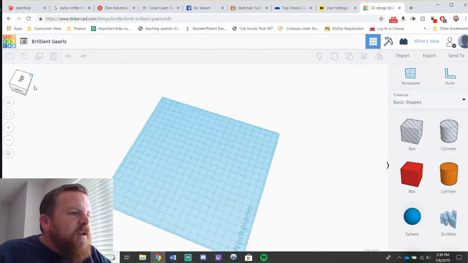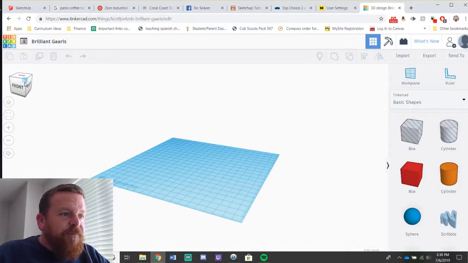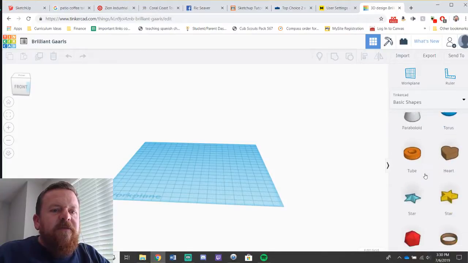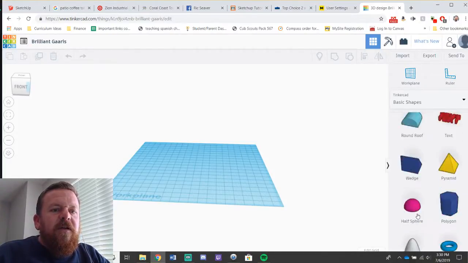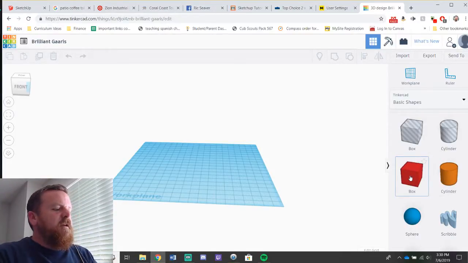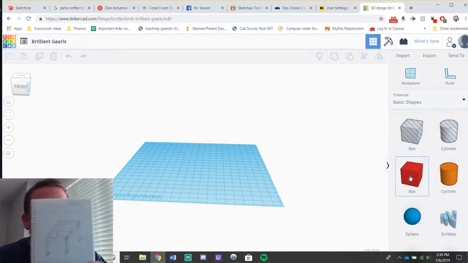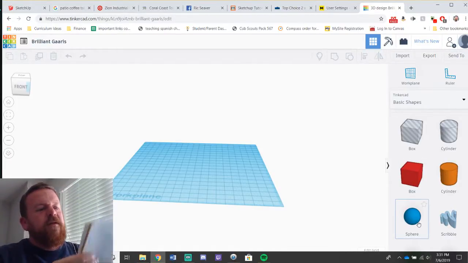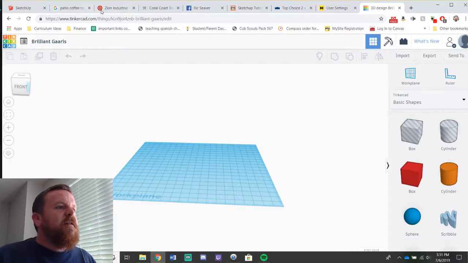Now, so there's this camera control here, which I find helpful. SketchUp doesn't have that. It has these shapes, which I find helpful. So let's start. Oh, so here's my drawing of what I want my table to look like. It needs to have a hole in it for this.